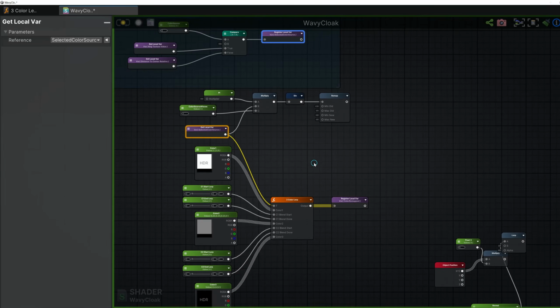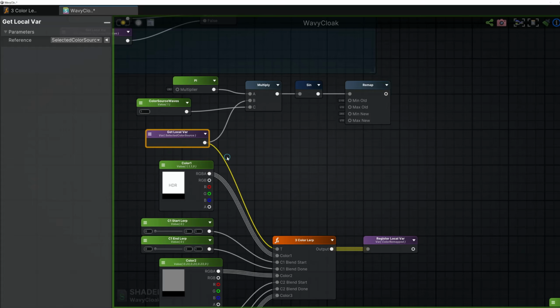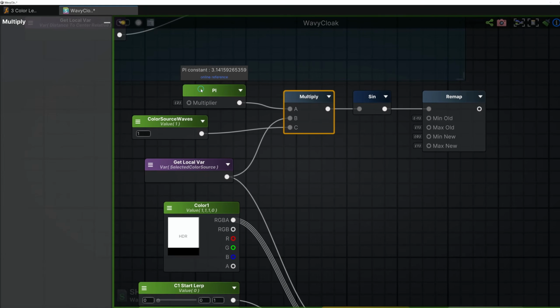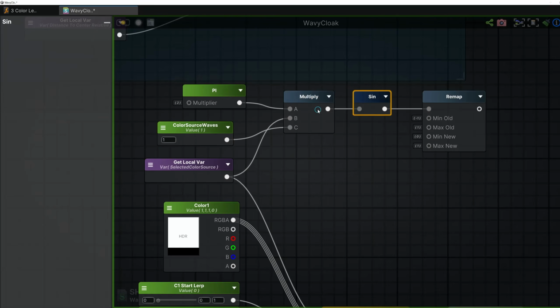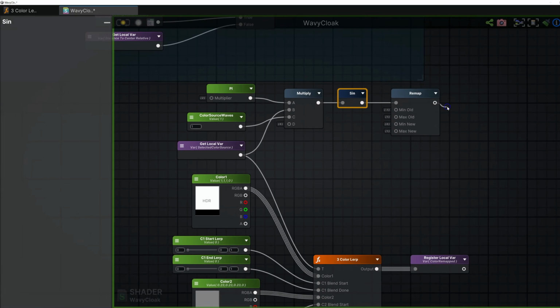And of course, you can also use any kind of input and you can modify that input. So the selected color source, that was either the texture value or the radius that I had here. And it goes from 0 to 1, but we can also take that and, for example, multiply it with 2 times pi, right? So a sine wave always starts at like minus pi and goes to pi, and then it does like one full back and forth. Then we multiply this with an integer, so it can actually happen multiple times. But plug that into a sine wave, so we get this minus 1 to 1. So we need to remap this to 0 to 1. And now if we plug this in here,